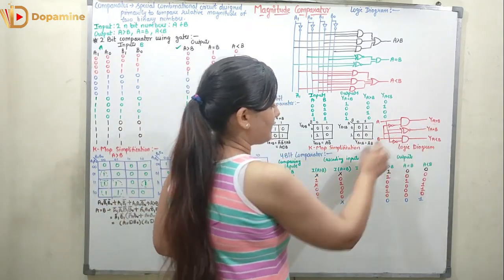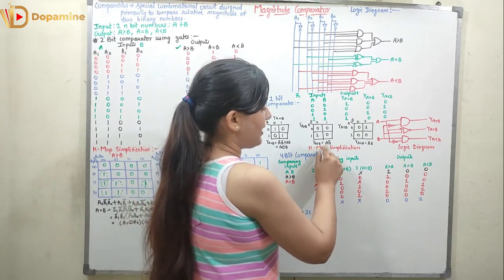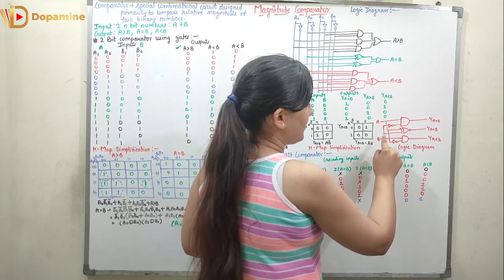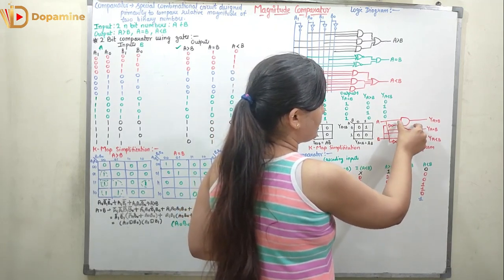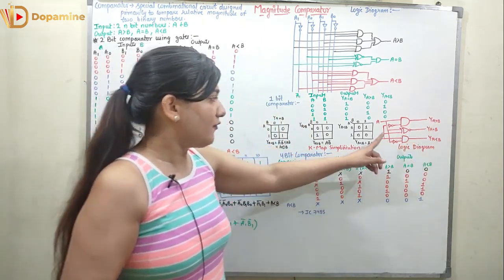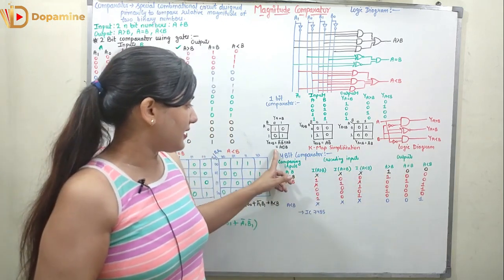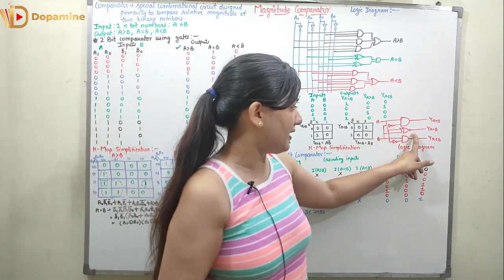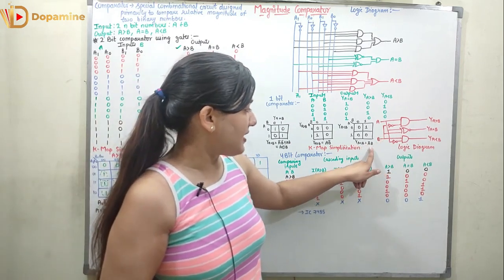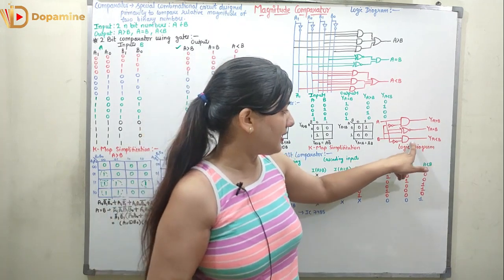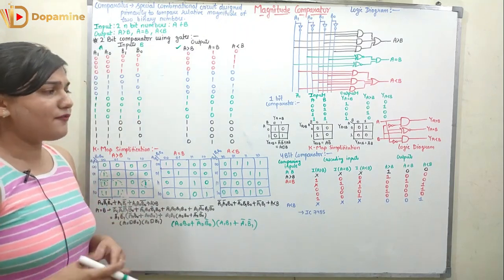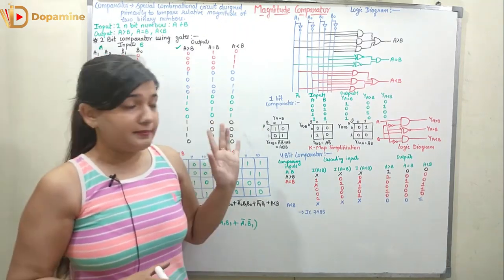So for Y, A greater than B, we have A, B bar. We are going to take A, we are going to take B, and pass it through the inverter. We have A and B bar and we are going to AND them. We will be getting the logic diagram for Y, A greater than B. For Y, A is equal to B, we are going to take A and B and take the XNOR of them. For Y, A less than B, we are going to take B as it is and A with the inverter, and we will be getting the AND of that. For that we will be getting Y, A less than B. So this is how we can make the logic diagram for 1-bit comparator.